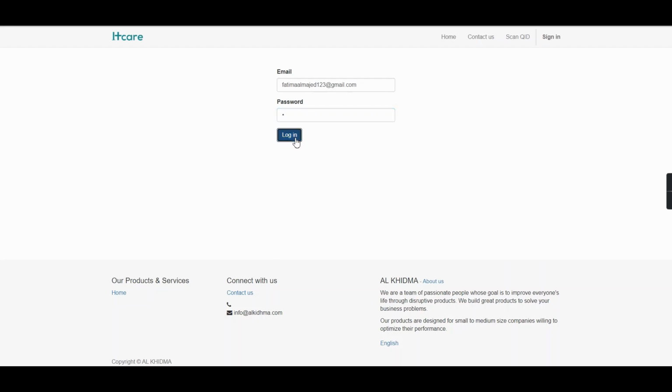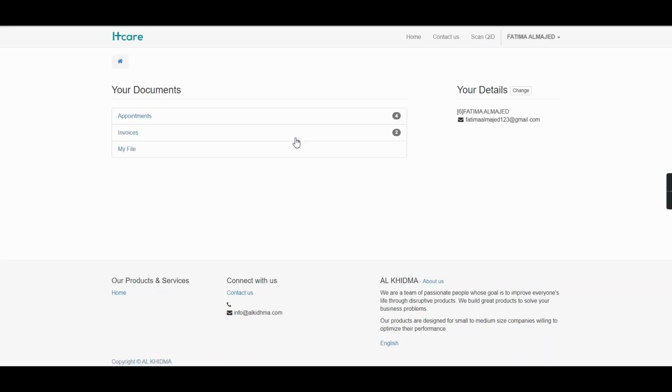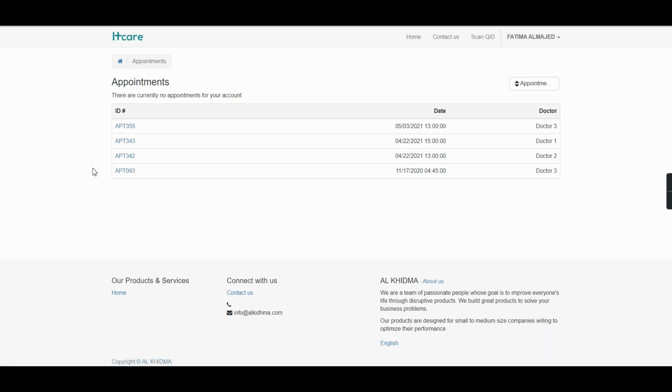Type the password and click on login, and then you can see this is the patient portal that we have created for our Hcare system. In this portal, the patient will be able to see their appointment details, their invoice details, as well as their files. In the appointments section, you can see all the appointments that were done for this particular medical